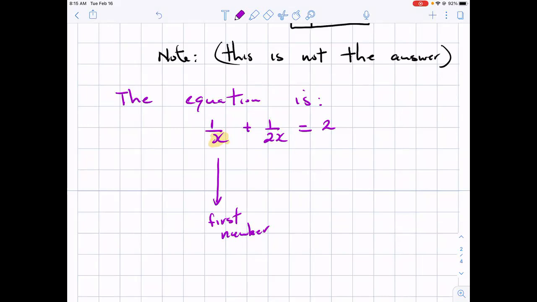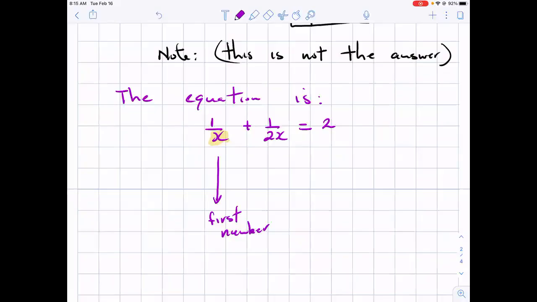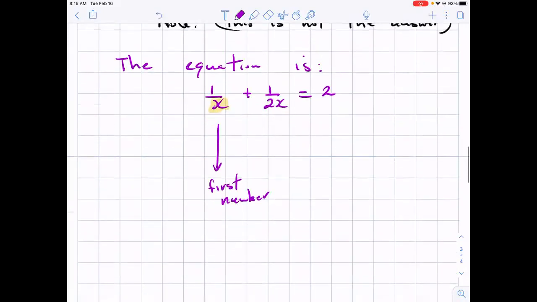We still have to plug in our value of x. So our first number here is 3/4. Okay, we have the first number. Now the second number, we have to find that. And to find that, we have 2 times 3 over 4,